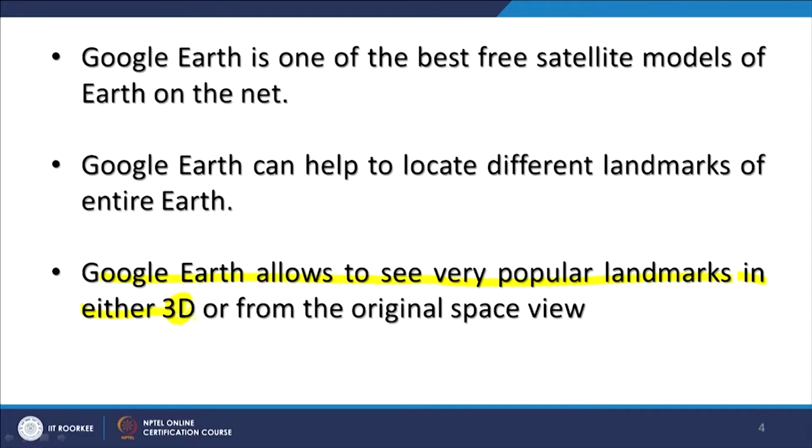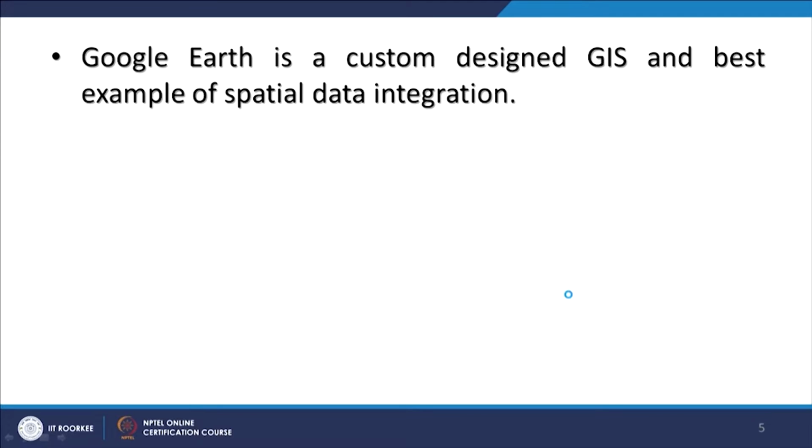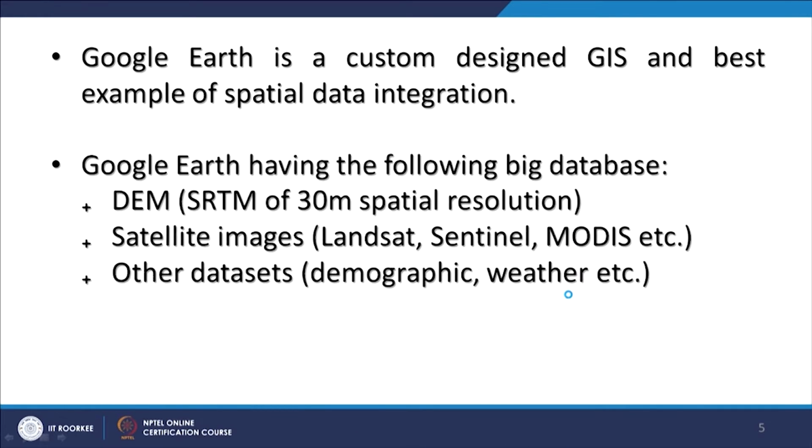So, this 3D perspective view or fly through view which you get on Google Earth is a beautiful example of data integration, and that is DEM and satellite data integration. Now, Google Earth is a custom designed GIS product, and it is mainly meant for spatial data integration. In the background, it has SRTM 30 meter spatial resolution data, and on top of this you